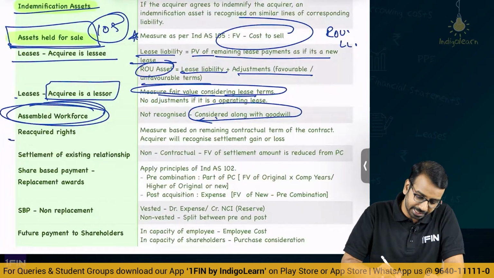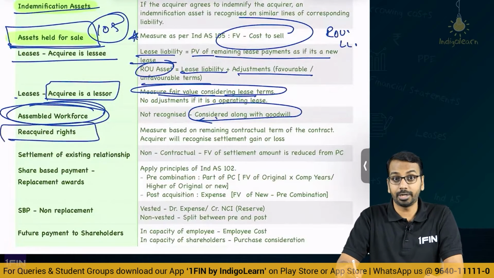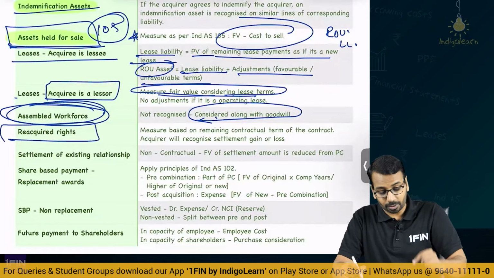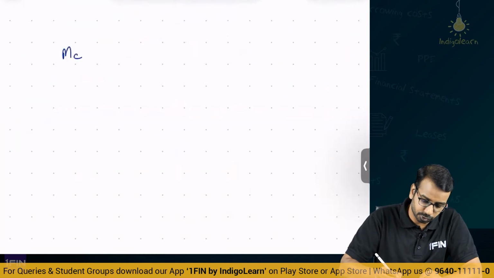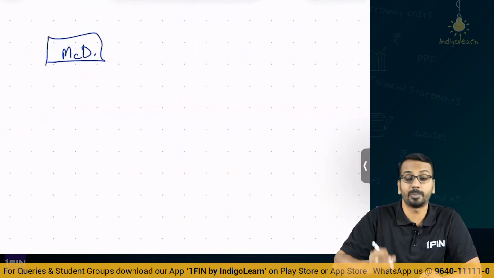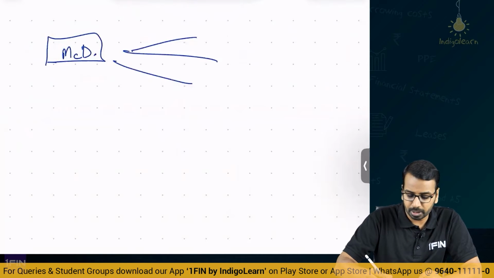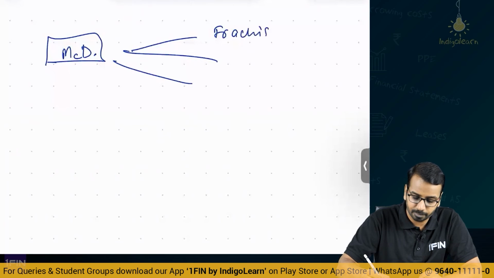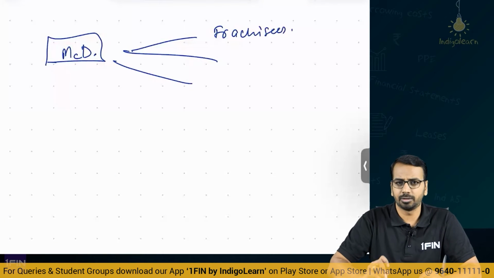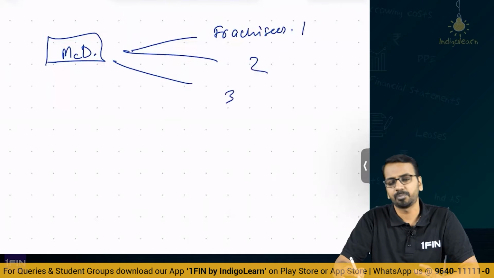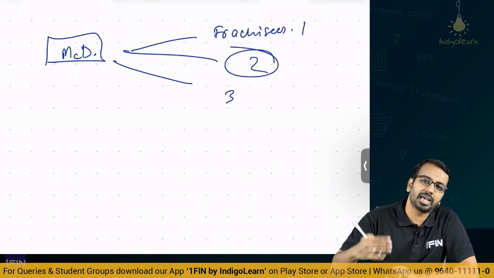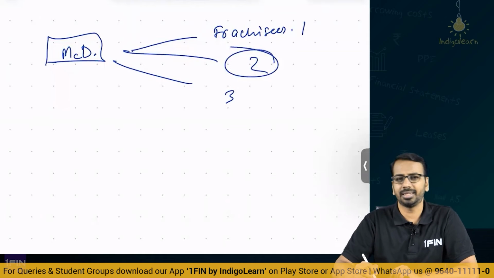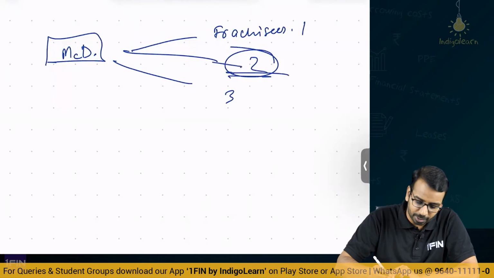Then reacquired rights are very, very important. Now what is reacquired rights? Just a simple example. Let us say I run a fast food joint, McDonald's. I am owner of this brand. I have given a lot of franchises at multiple different places, franchisee 1, 2, 3, and they are running their business, they are doing good. I realize that one of the franchisees is doing exceptionally well, and I think that why should he make money, let me acquire him.